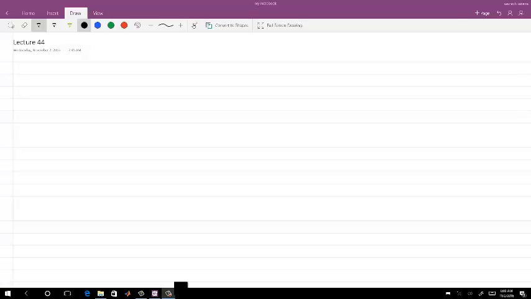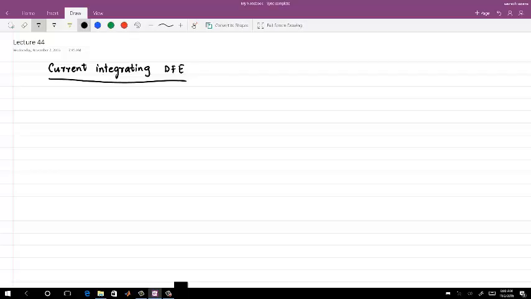In the very end, we were looking for a current integrating decision feedback equalizer. So let me just go through the current integrating DFE. And the main difference between this and the regular DFE which we have seen is in a regular DFE